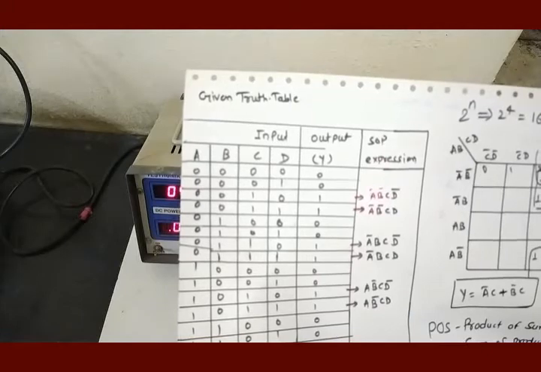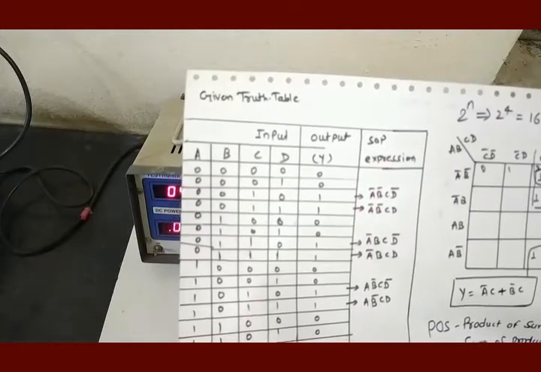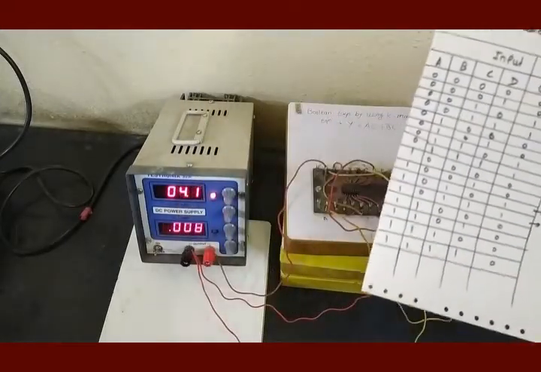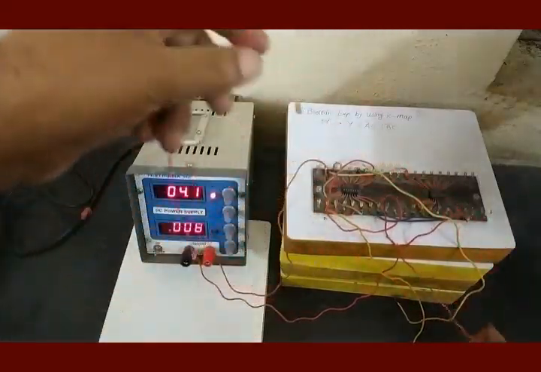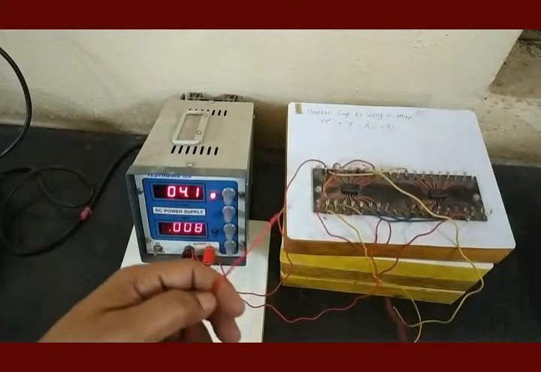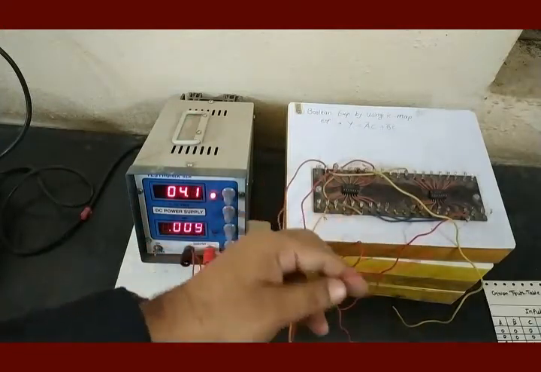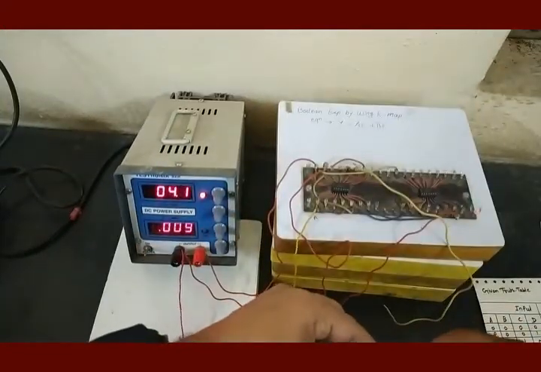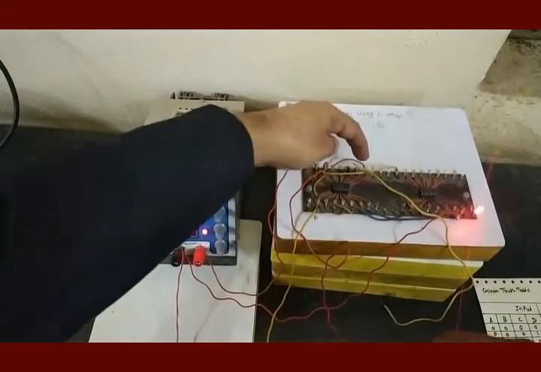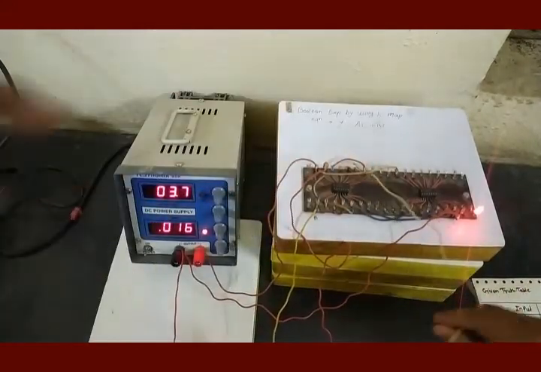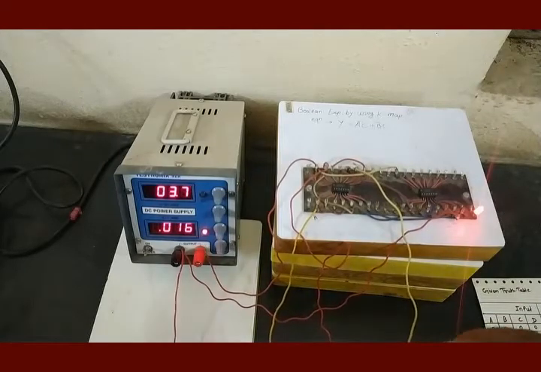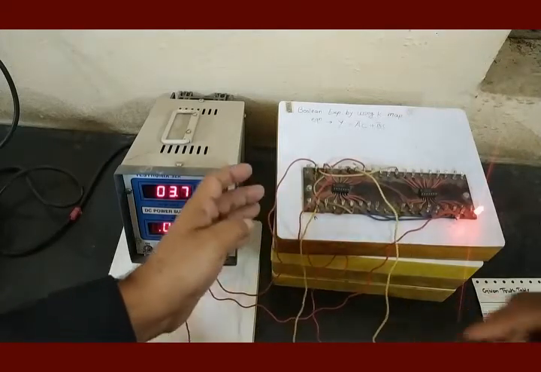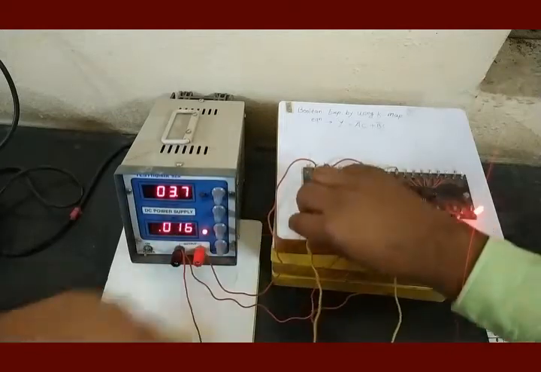I have to connect input A and input B to the ground wire, and I have to keep C open. This is the wire taken from ground. Take the wire of A here, okay. Then take the wire of B here. Connect them to the ground, and C is kept open. C is here, it is open.